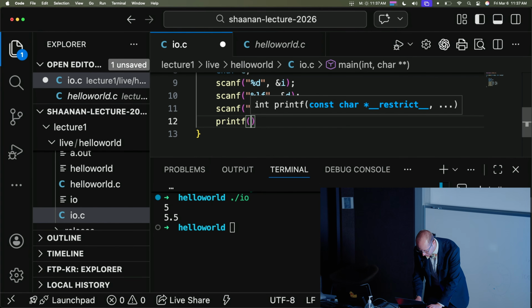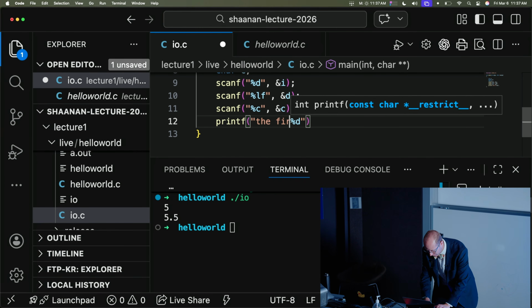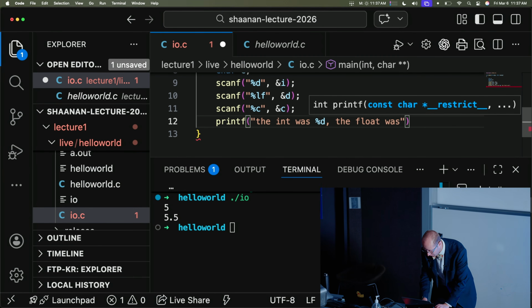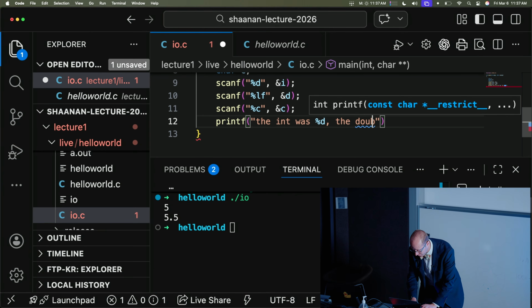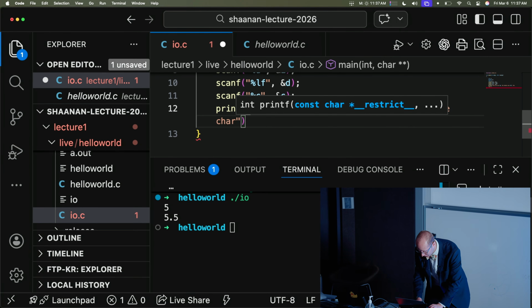So now let's do printf, and I'm going to print the integer, the float, or the double, I should say. The double, and the char.